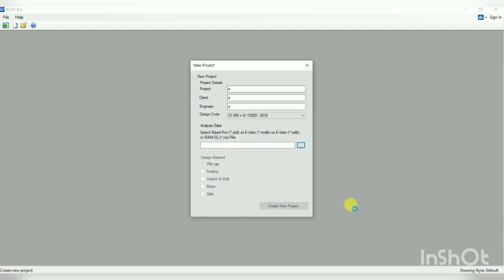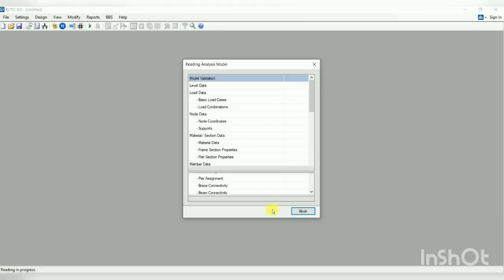Again repeat the process. Now suppose I want to design the beam at first floor. Actually minimum 13 stations are required for the beam. So go to ETABS file and select all the beams and then mark their minimum 13 stations. Okay, and then only you can input it. So I have another file here that I can open, in which I have maintained these 13 stations.